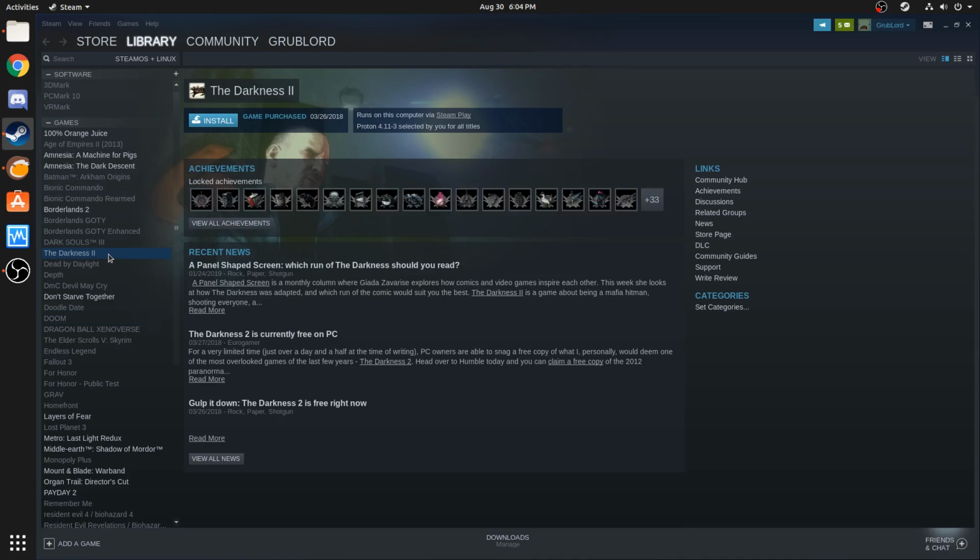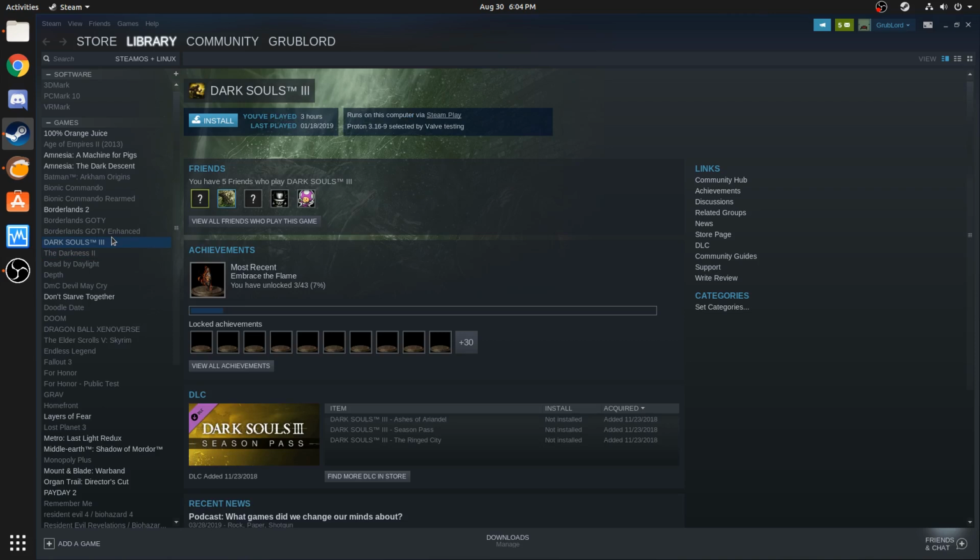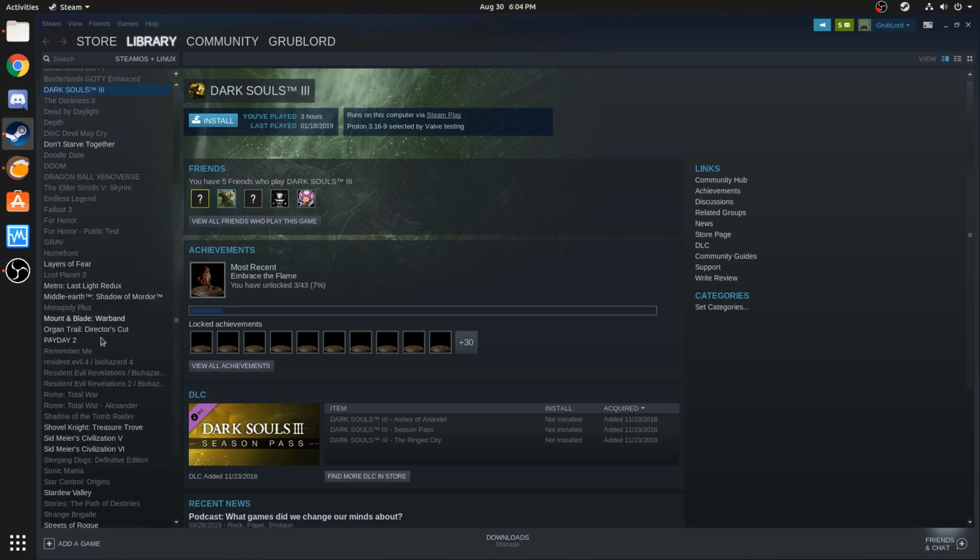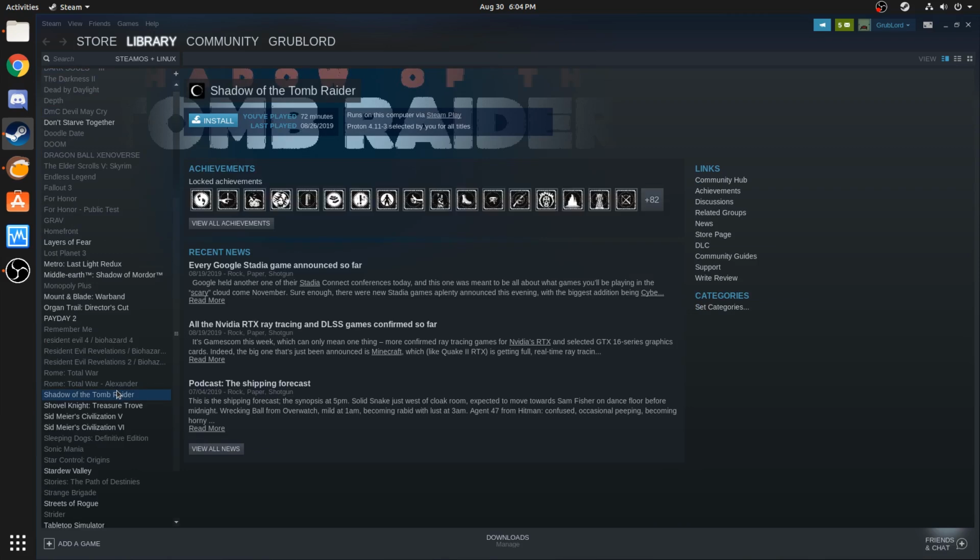Dark Souls 3, they work just fine through Proton. Fantastic. And games like Shadow of the Tomb Raider, which I have right here, will be coming to Linux later this year. So in just a couple months, we'll have this as a native Linux game.